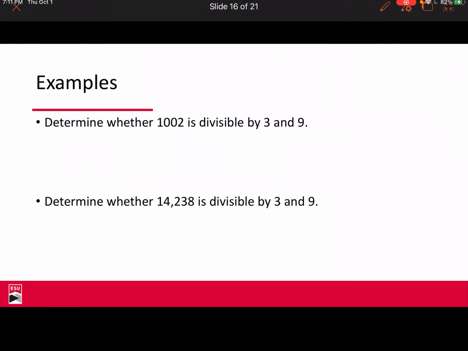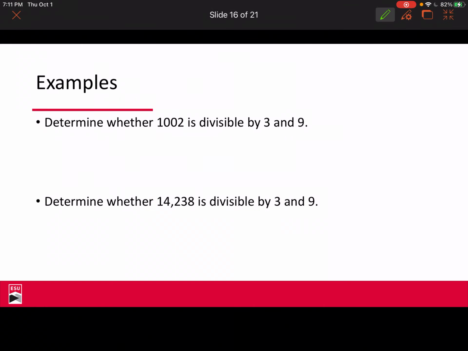So let's look at an example. This says determine whether 1002 is divisible by 3 and 9. We have 1 plus 0 plus 0 plus 2 is 3. Well, 3 divides 3, so it is divisible by 3. But 9 doesn't divide 3, so it's not divisible by 9. And then determining whether